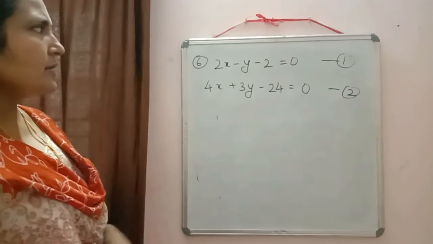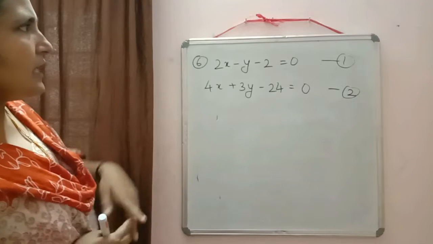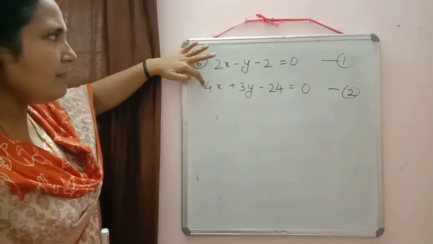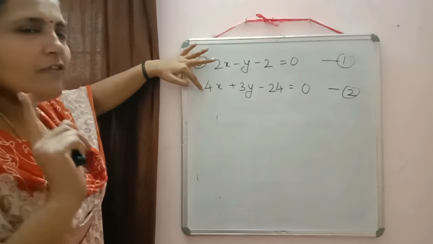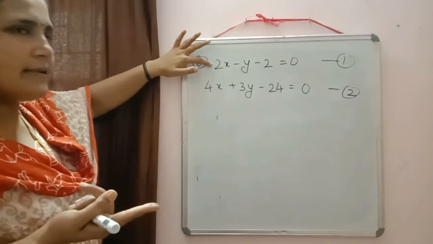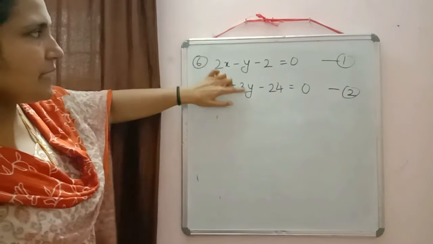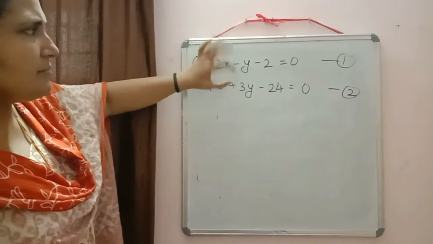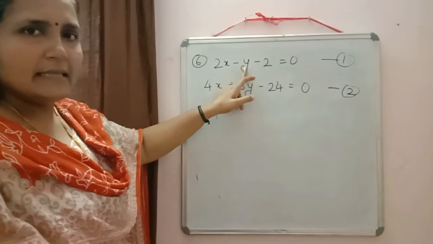Now it depends on us which one we want to eliminate. Suppose we have to eliminate the variable x, here we have 2 and here we have 4. So the LCM of 2 and 4 will be equal to? Yes, 4 only. So to make the coefficient same, we have to multiply equation 1 by 2 only. Otherwise, if you have to make the coefficient of y equal, the sign can be different there. We are just making the numbers equal there. So we have to multiply equation 1 by 3.